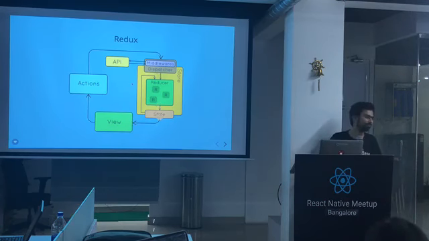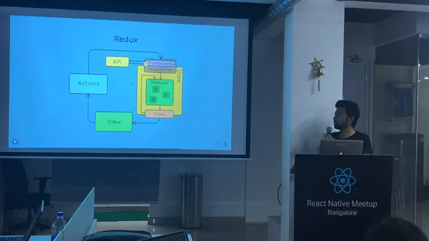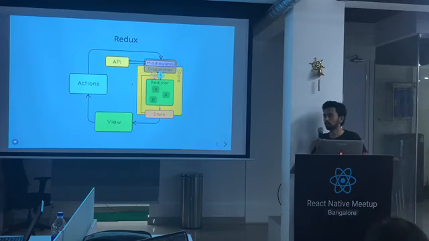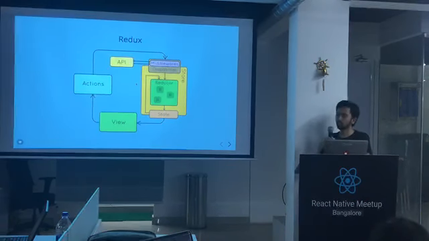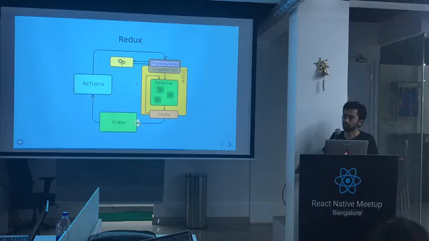So only one reducer for the parent component, which will have all the child elements, or separate child elements will have their own reducers? Yeah, so you have a single store in Redux, but yes, you can separate it into different reducers. It's not like you should have a separate reducer for each view. You can separate the entities and then have the reducers. Any best practices to be used here?